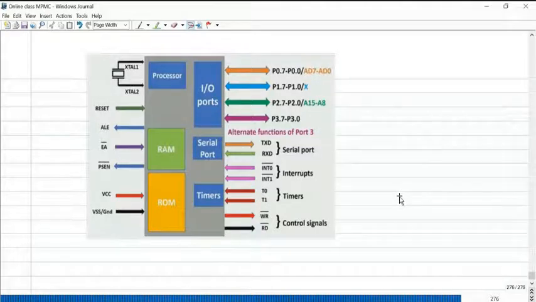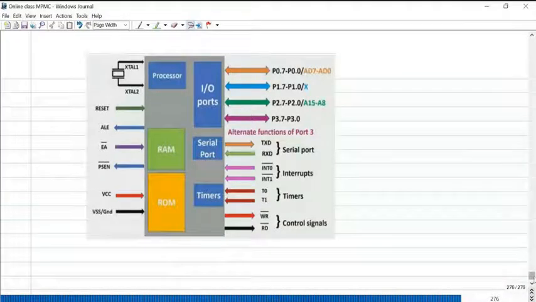If the timer is to act as a counter, that is counting the external event, then through the T0 pin the external clock pulse reaches the controller, and that will go to timer 0. Through the T1 pin, the external event reaches the controller at this particular pin, so this input will go to counter 1.